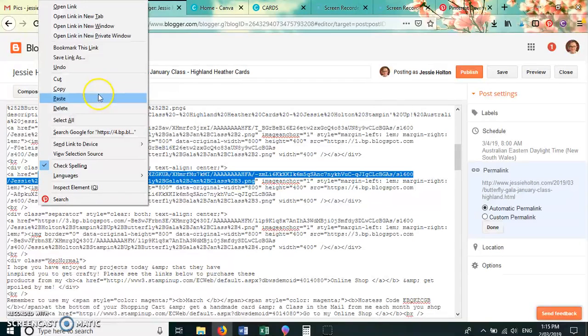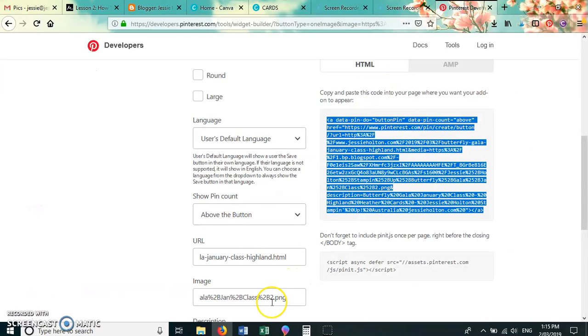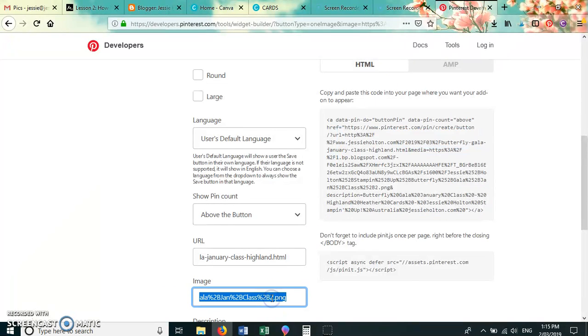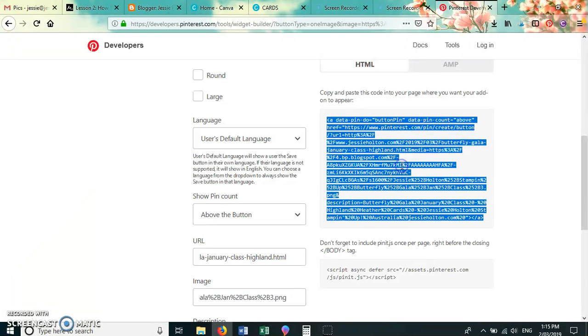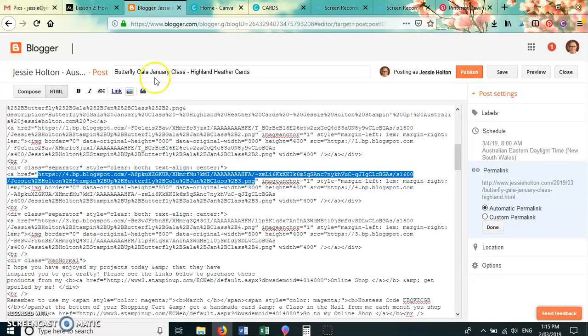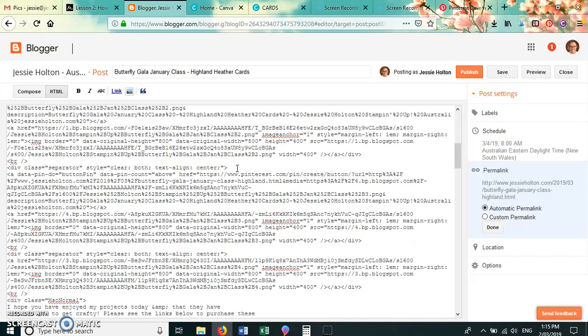Okay, copy, paste, copy, paste, go down to the next picture,